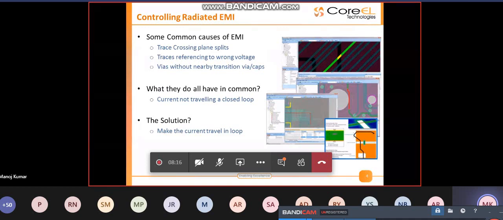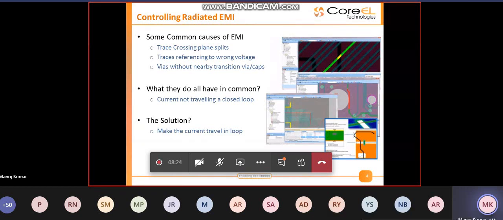In this webinar, we will be completely focusing on radiated EMI, because many times conducted EMI challenges can be taken care of by just placing an EMI filter inside the design.